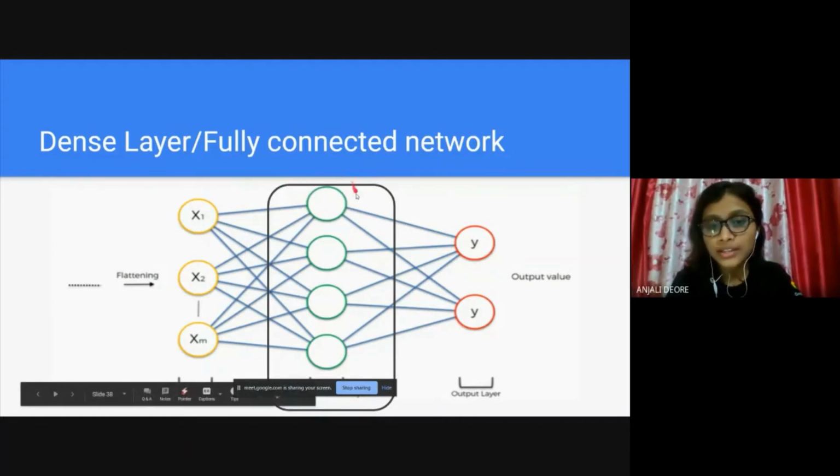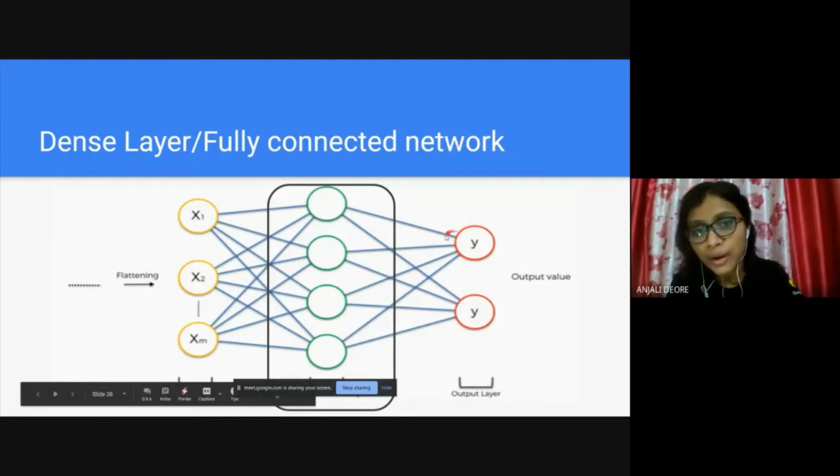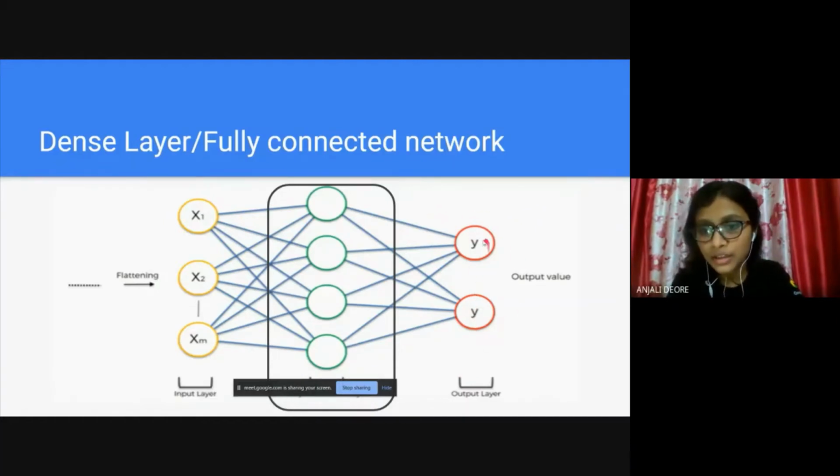So this is a fully connected network in which every single neuron is connected to every other neuron in the next layer. You can see that this is the output layer. It is also part of the dense layer. Every single neuron is connected to every single neuron in the previous layer, isn't it? Consider this neuron, it is connected to every single neuron in the next layer. It is also connected to every single neuron in the previous layer. Hence, it is called a fully connected network or dense network. So what is the use of a fully connected network? We are going to see.